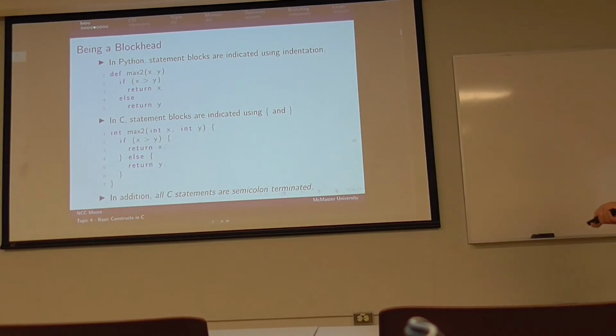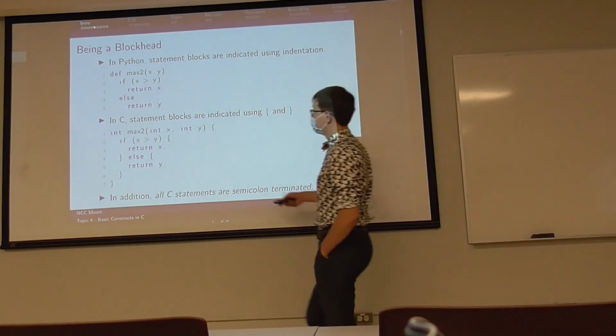So, in Python, statement blocks are indicated using indentation. So this is like standard Python syntax for the maximum of 2 integers. This is the same equivalent program in C. Notice int instead of def, right? Also notice that data types must be declared